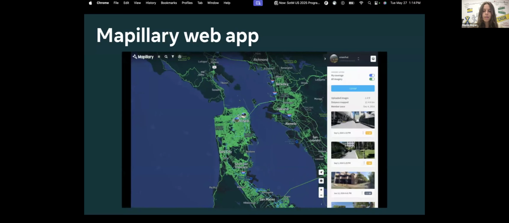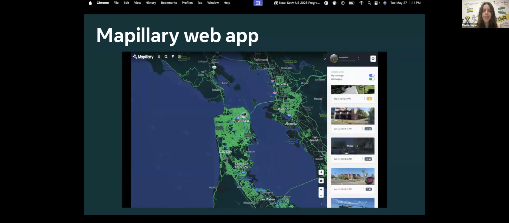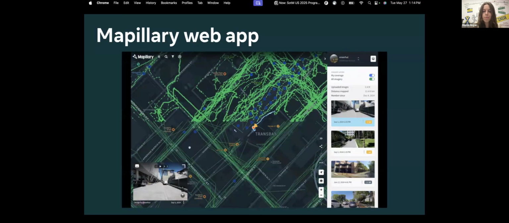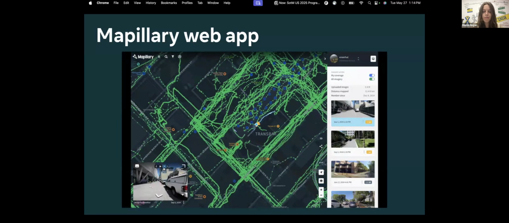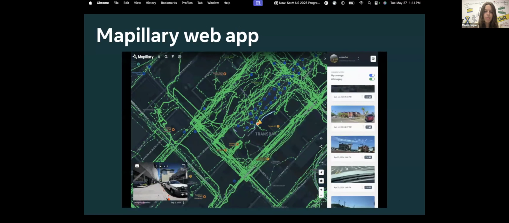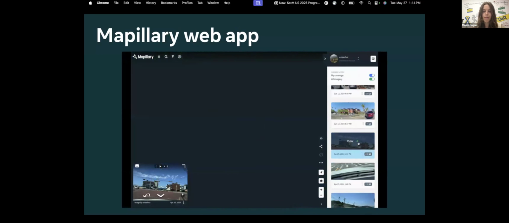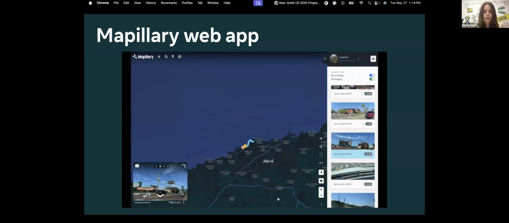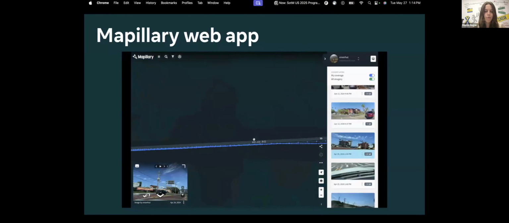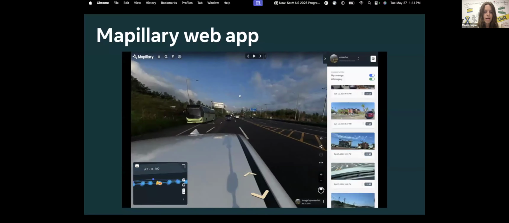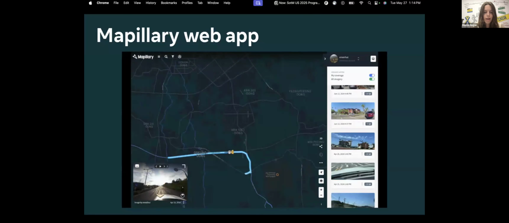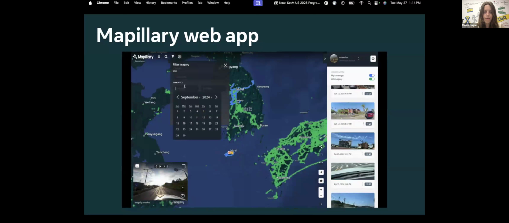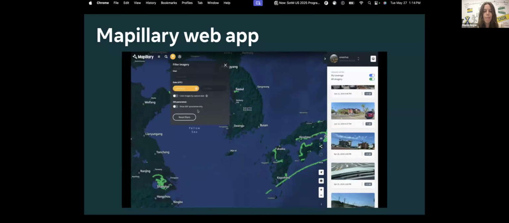So I just talked about our two main upload methods, but what actually is Mapillary? What can you do with it? How can you view the images you upload? The bulk of that you're going to do on the Mapillary web app. So the Mapillary web app you can think of as akin to Google Earth. We have Street View imagery all over the world, and it's a really simple, intuitive web app that just allows